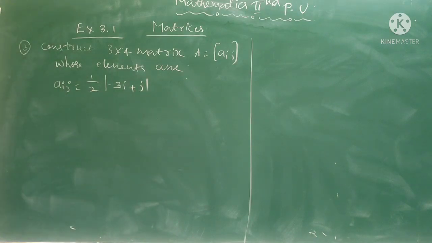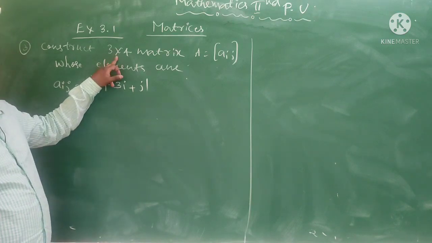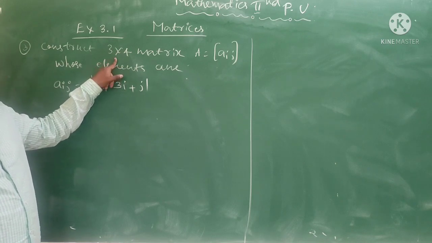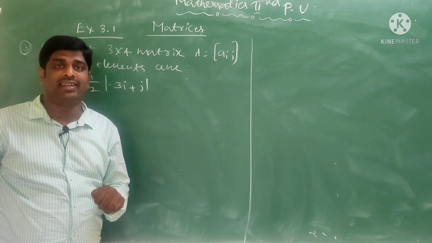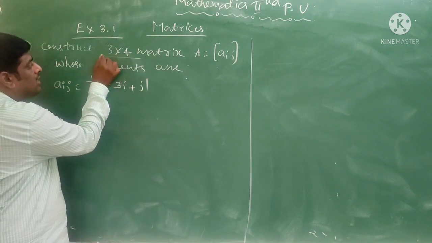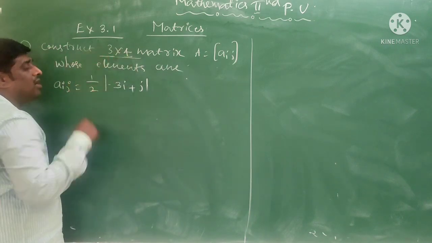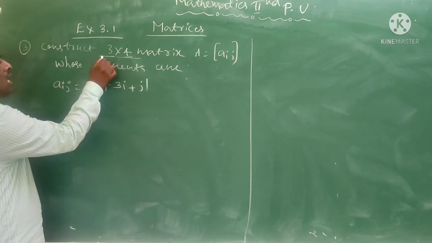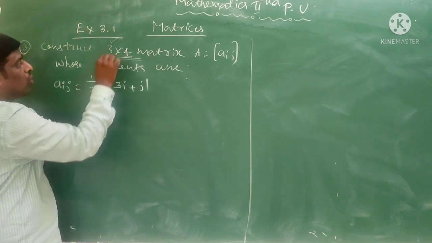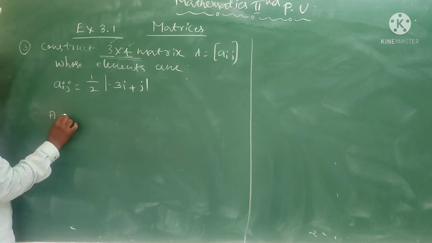Dear children, already I discussed this type of problem, but there I constructed a 2x2 matrix, but here they are asking for a 3x4 matrix. Here 3x4 matrix means this 3 is nothing but rows, this 4 is nothing but columns. So it should have 3 rows, 4 columns. Okay, that is A is equal to